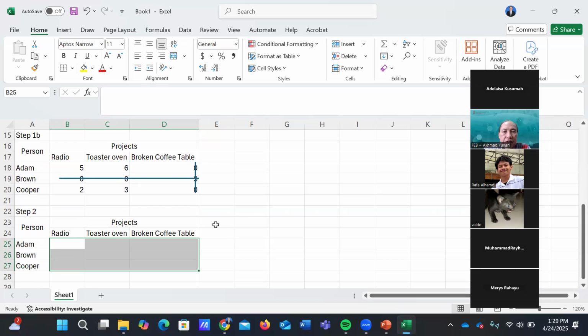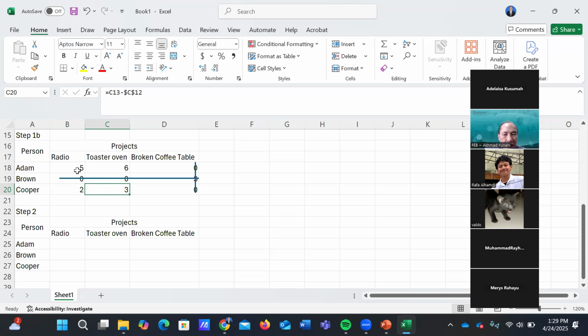We still have 4 cells: 5, 6, 2, and 3. Adam to radio, Adam to toaster oven, Cooper to radio, and Cooper to toaster oven. For the numbers that haven't been covered by the line, we have to subtract the smallest number.